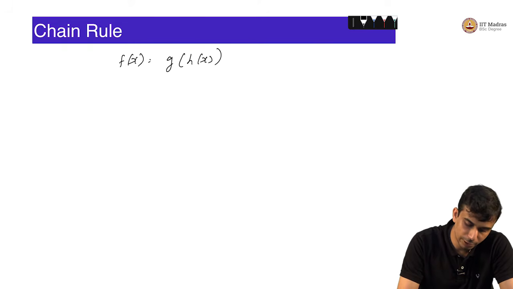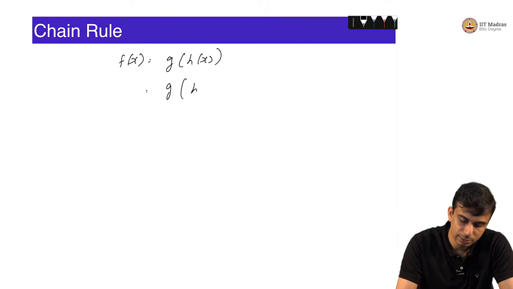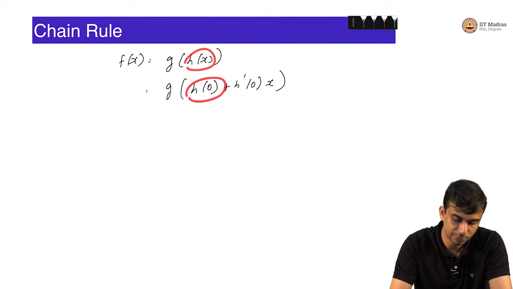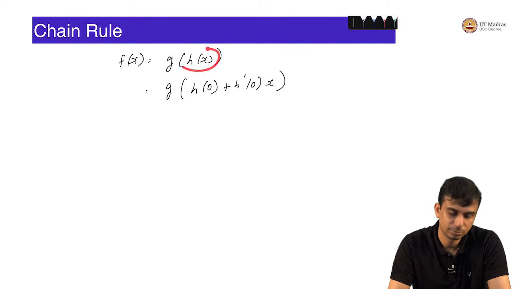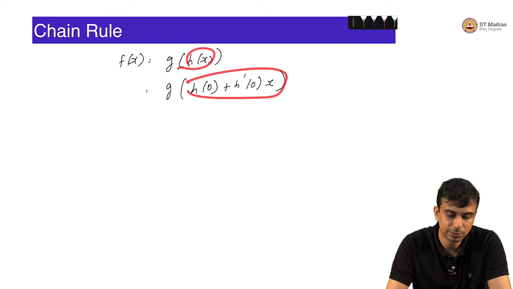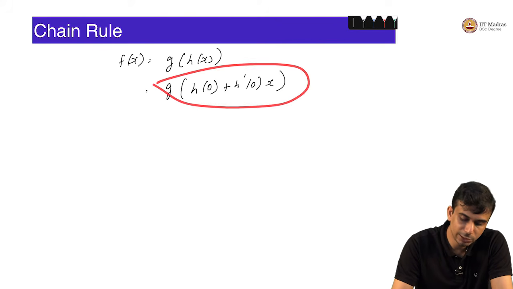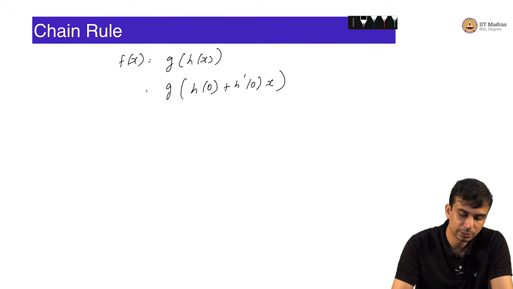We will first approximate f of x by the linear approximation of g around h of 0, which means that g of h of x is approximately... We are approximating h first. We will first approximate h around 0. h of x is approximately equal to h of 0 plus h dash of 0 into x. So now we have g of h of 0 plus h dash of 0 into x, which we will approximate